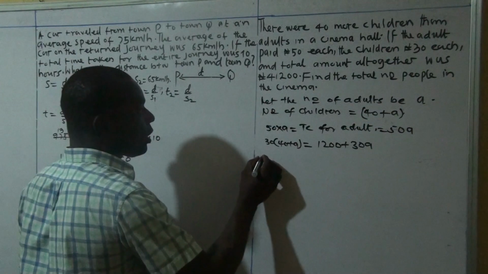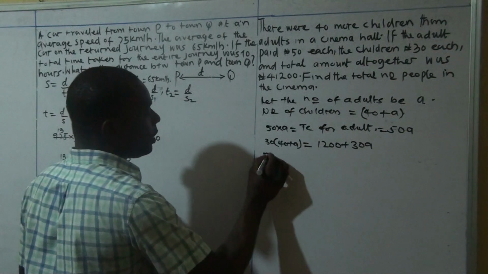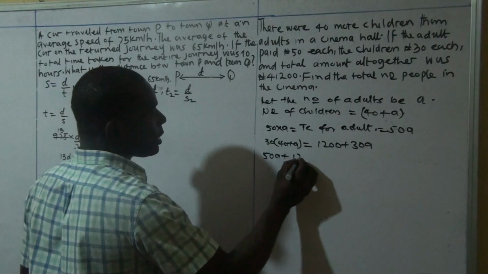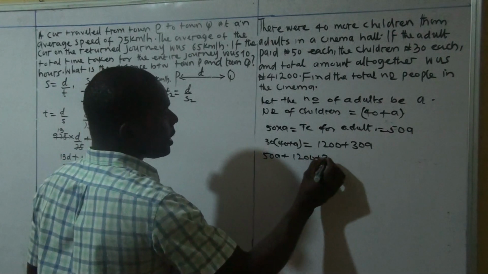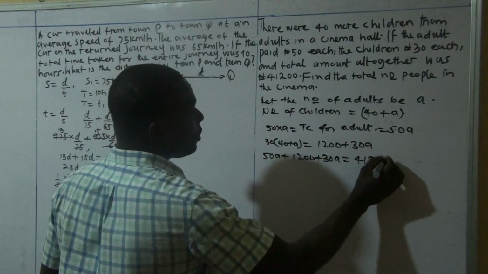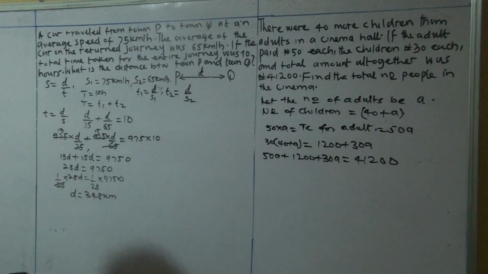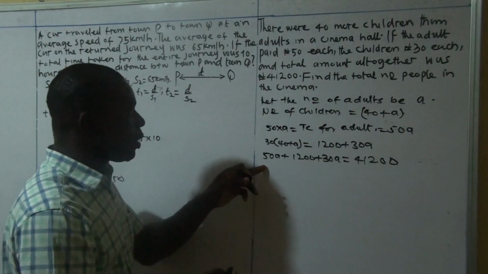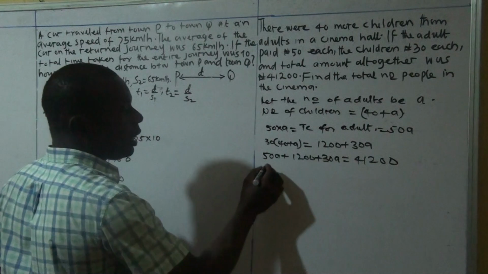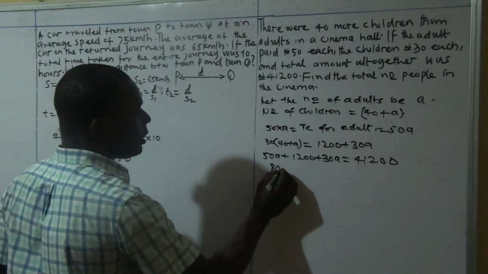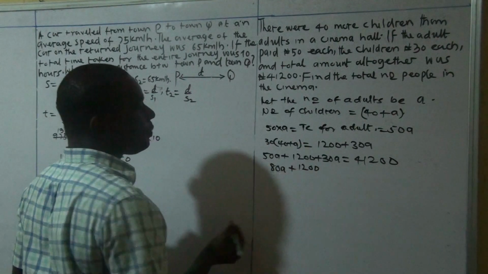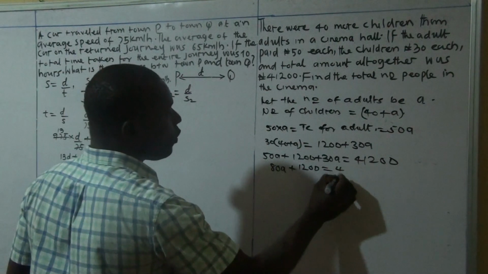So this becomes adults, 50A, plus children, 1,200 plus 30A, is equal to 41,200. Now we group the terms containing A, which is 50A plus 30A, that will give us 80A plus 1,200 is equal to